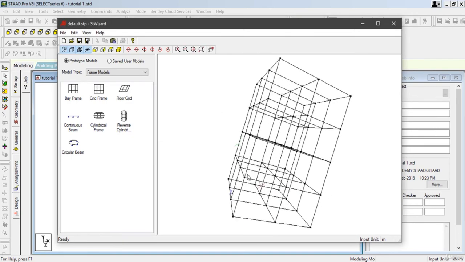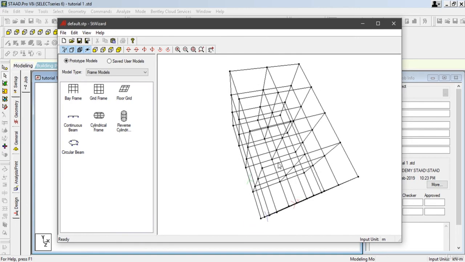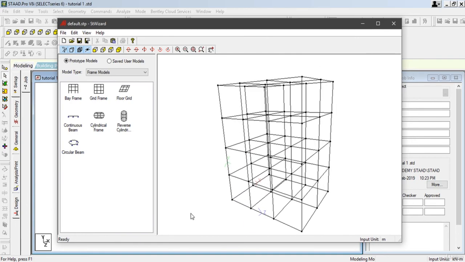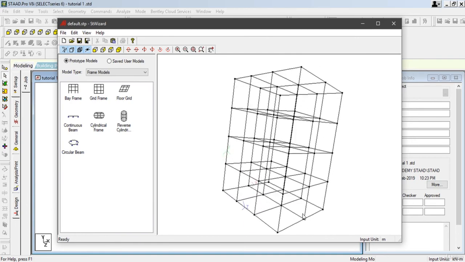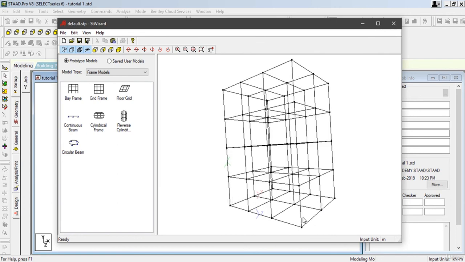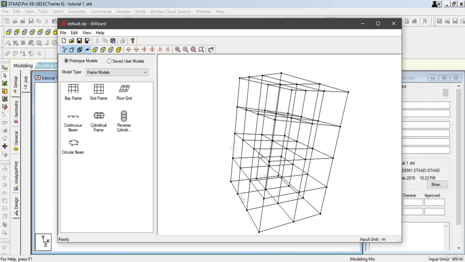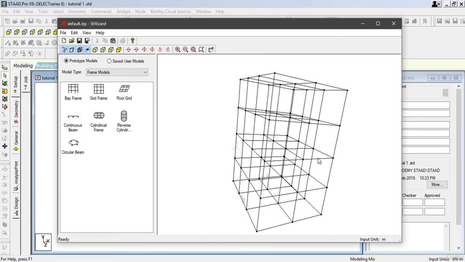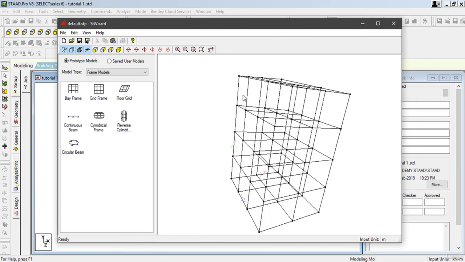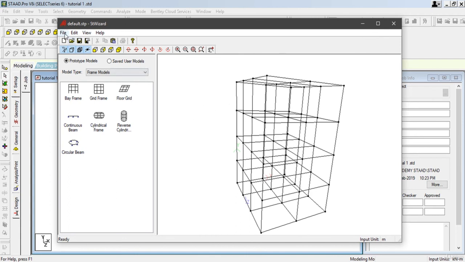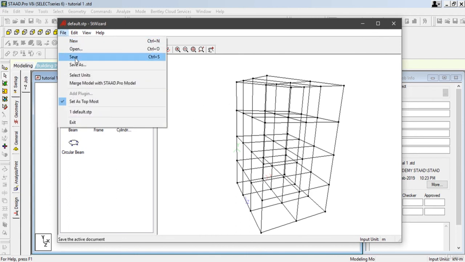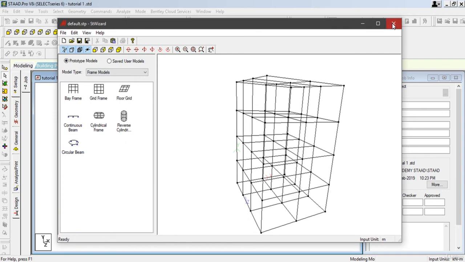Here we can see that you can rotate it in a 3D view also. This height is 20. As we have selected the number of bays along this axis as 3, the number of bays along this axis is 2, and we have selected the number of floors as 1, 2, 3, 4 and 5. So we need to save this and you can close this option.